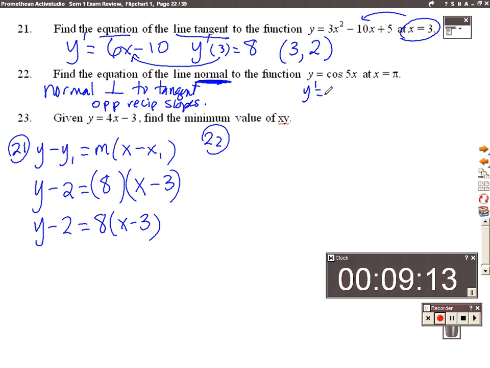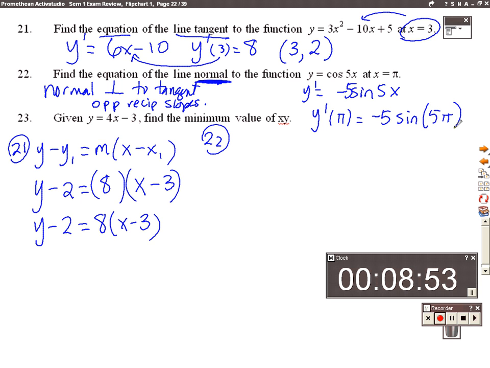The derivative of cosine is negative sine of 5x times 5, because that's the chain rule. Derivative of the outside times the derivative of the inside. And I want to evaluate that at pi. So I get negative 5 sine